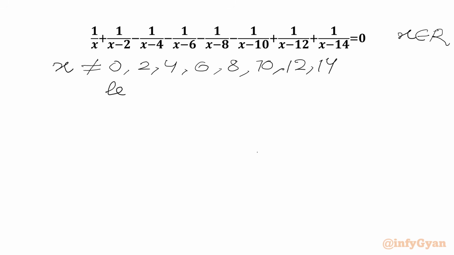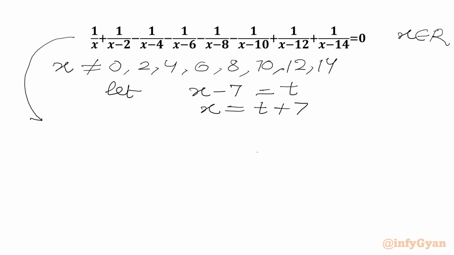Now we will use substitution. Let us say x minus 7 is equal to t. So from this equation I can write x will be equal to t plus 7. Now we have to write our equation in variable t. So 1 over x will be 1 over t plus 7